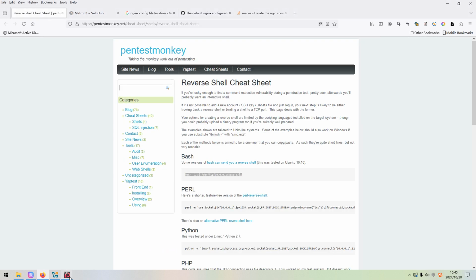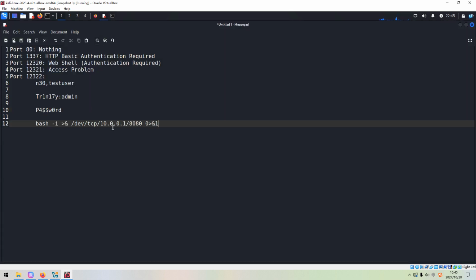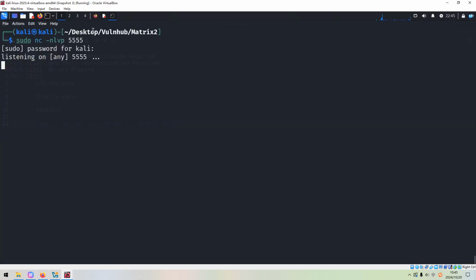We can copy any reverse shell command, and we need to do some modification. This should be the IP address of our Kali Linux or attacking machine. Okay, and we can copy.